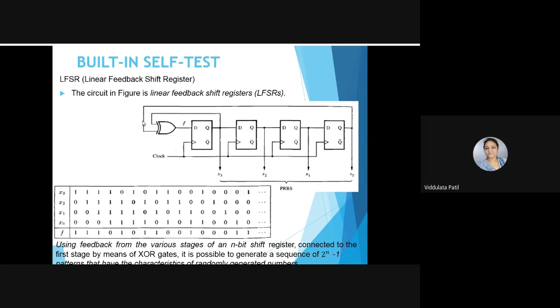Okay, now X0 will be given as an input to this XOR gate. At the same time X3 will be given as another input to this XOR gate. So whatever is the XOR gate's output, that will be the input to this D. Okay, so that means that will be nothing but F. Okay, so here whenever I am applying the first clock cycle, now X2 will become 1, X1 will